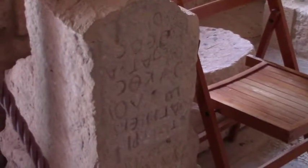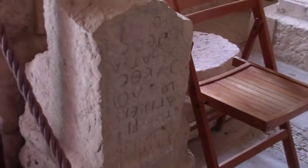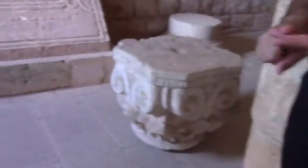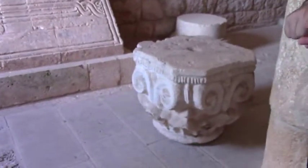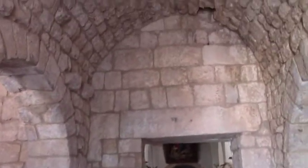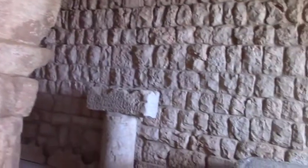So we have Phoenician, Greek, when Alexander the Great came to the area, from the Roman period, from the Byzantine period, and from the Crusade period, and from the Ottoman period. You will see it inside. Look at this column. That's an older church. From outside, you cannot tell. You said it's new, but from the inside, we have